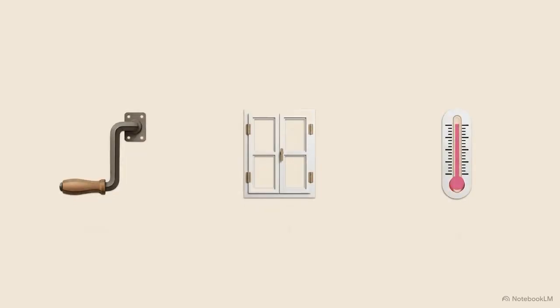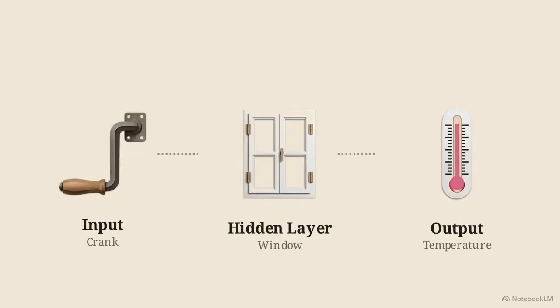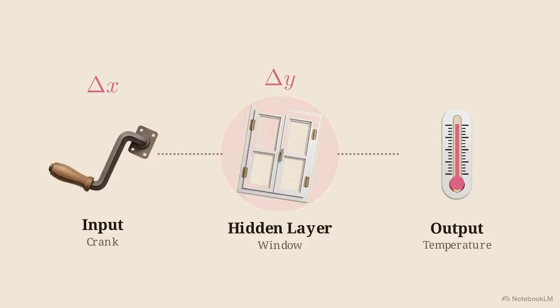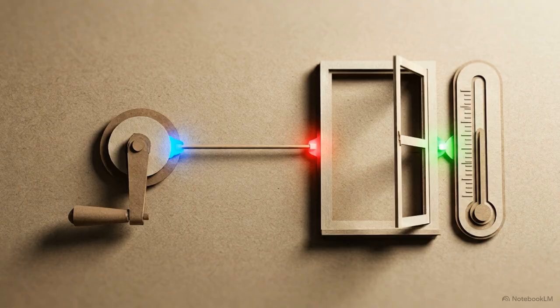We analyze these stages through local sensitivity. We ask what happens to a specific system when we nudge one input slightly. As the crank rotates, the connected window panel shifts open by just a fraction. That small physical reaction triggers a cascade. The open window allows airflow to change, which then causes the room's temperature to drop. The intelligence of the system is built upon this precise chain of reactions, where tiny, linked sensitivities respond to one